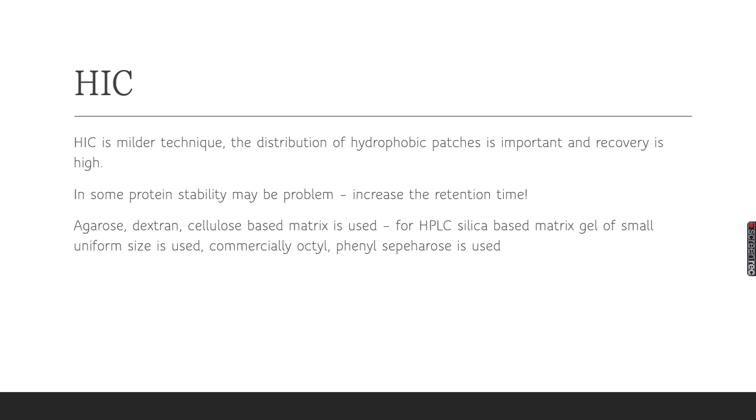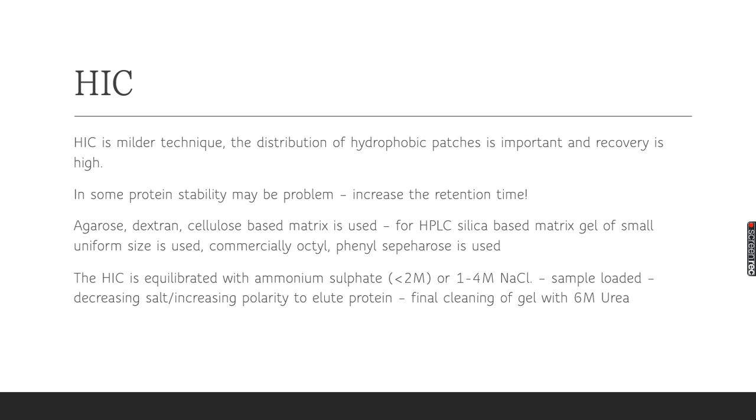But if I am going to use HPLC, then preferably we will use a silica based matrix or gel, which has small uniform size. Commercially, octyl or phenyl sepharose can be used in HIC columns. Now HIC is equilibrated with ammonium sulfate, maybe less than 2 molar, along with maybe 1 to 4 molar NaCl solution. So this is the first equilibration of the column. Then you load the sample,